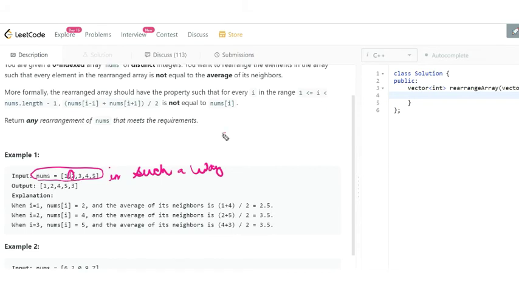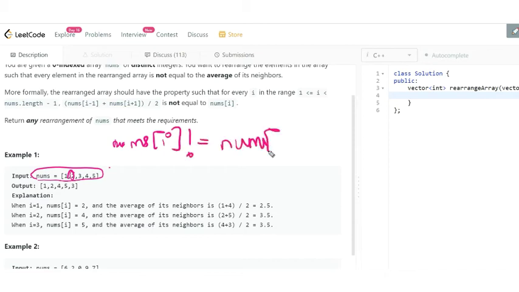Means if our middle element is nums[i], then it should not be equal to nums[i-1] plus nums[i+1] divided by 2, since we are given an average of its neighbors. So we have to arrange the array in such a way.